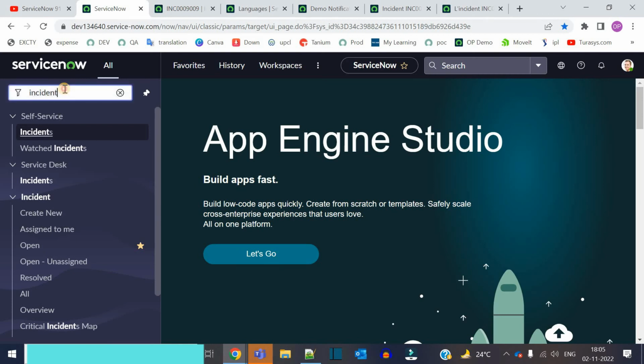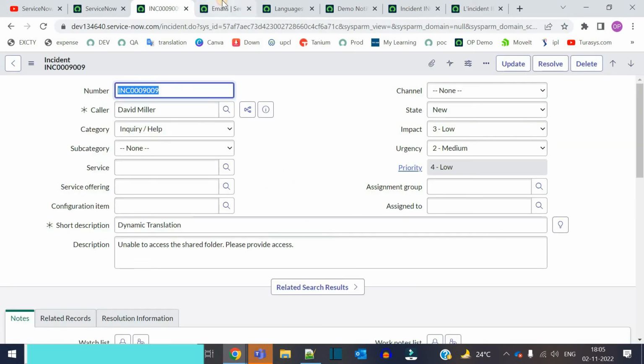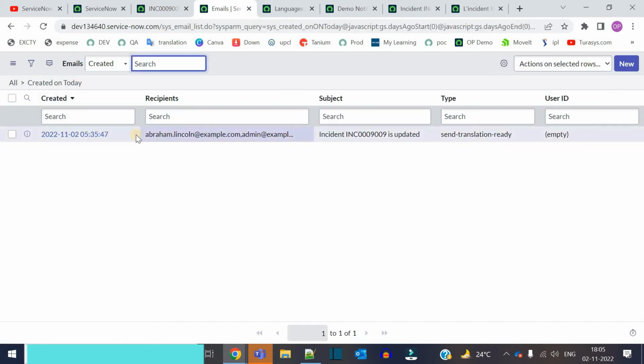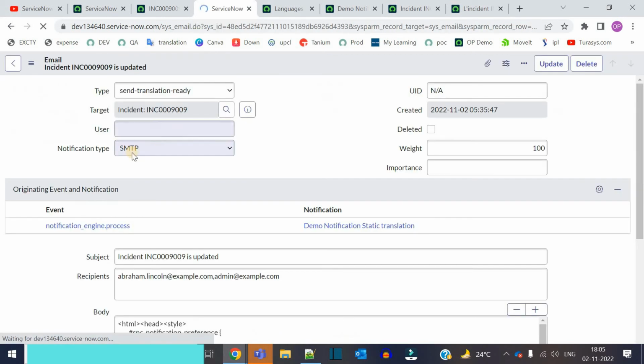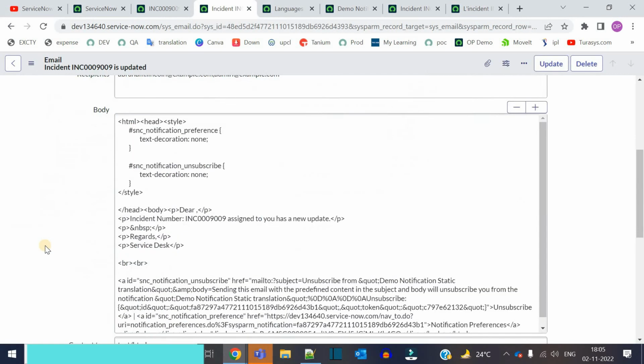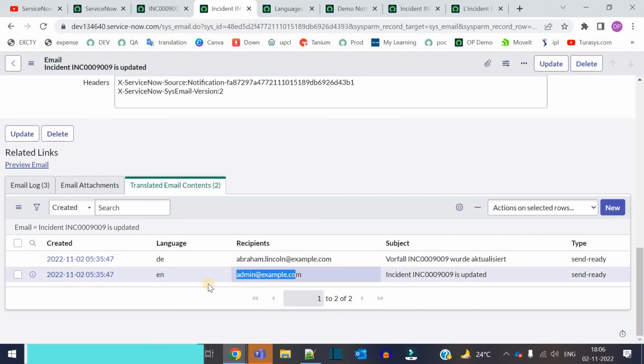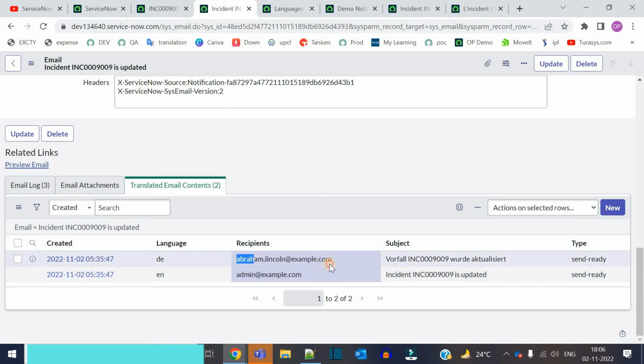Let me go to my logs. This is incident 9009. Yes, email triggered. Let me open the email. Come to the bottom, you see a separate tab, translated email content. For admin, it's sent in English, and for Abraham Lincoln, it is in DE. That is